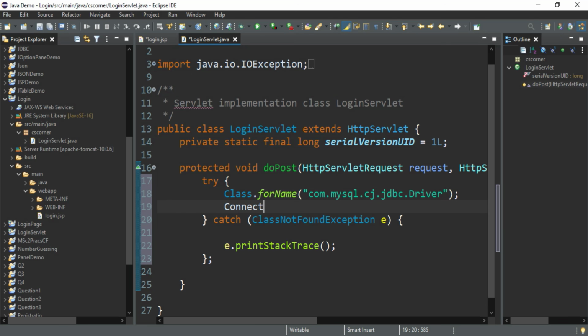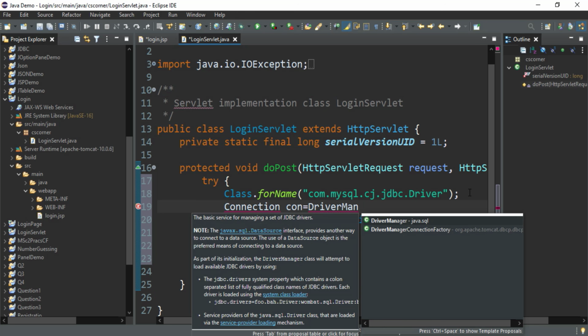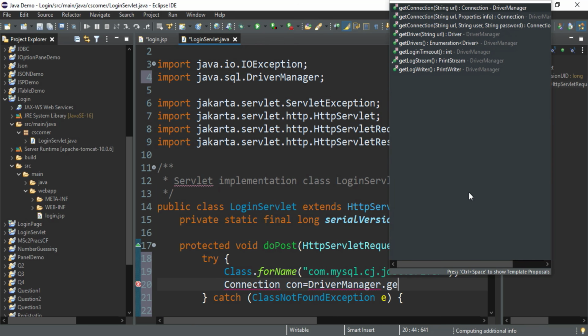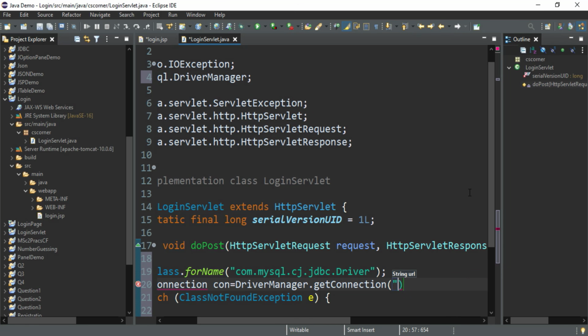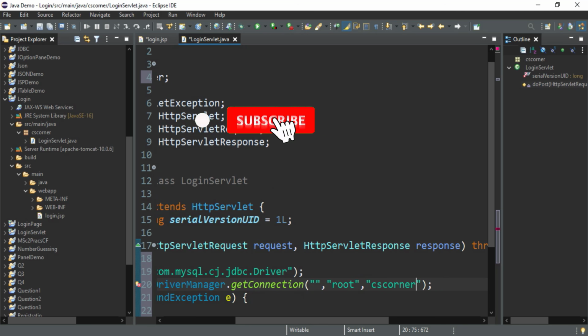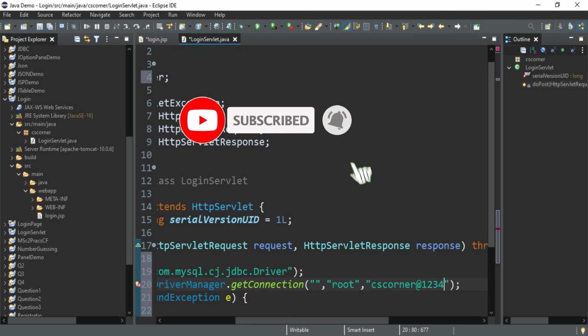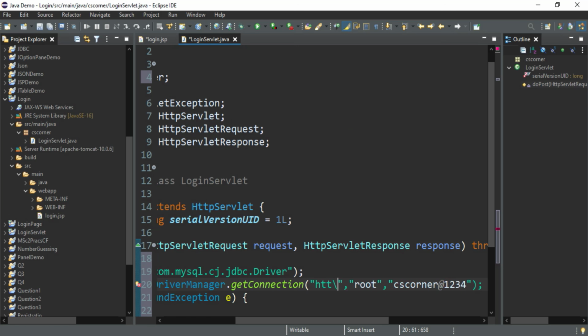Now I'm going to write the line for establishing connection. So Connection con is equal to DriverManager.getConnection, and in this getConnection method we have to pass a total of 3 values. Let me put my user ID, and the root user ID has some password, so I'm just typing that password, and here I'm going to write my protocol name.